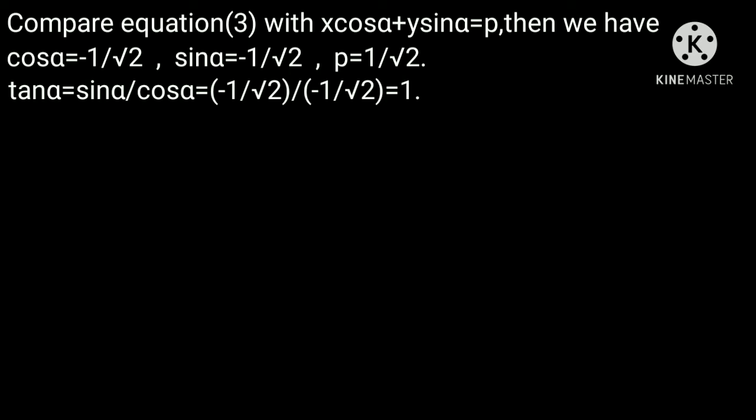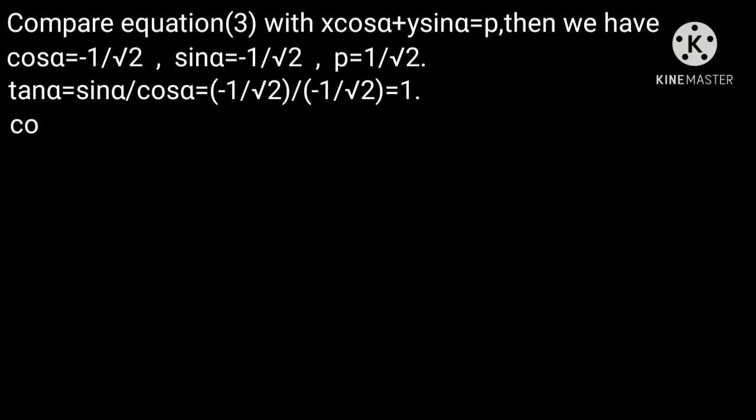From these cos alpha, sin alpha and tan alpha values, we understand that alpha belongs to the third quadrant, that is alpha belongs to Q3. In Q3, the angle alpha is of the form 180 plus theta or 270 minus theta. From the cos alpha, sin alpha and tan alpha values without signs, we understand the theta value is 45 degrees. Then alpha equal to 180 plus 45 or alpha equal to 270 minus 45. From these, alpha equal to 225 degrees, that is equal to 5 pi by 4.